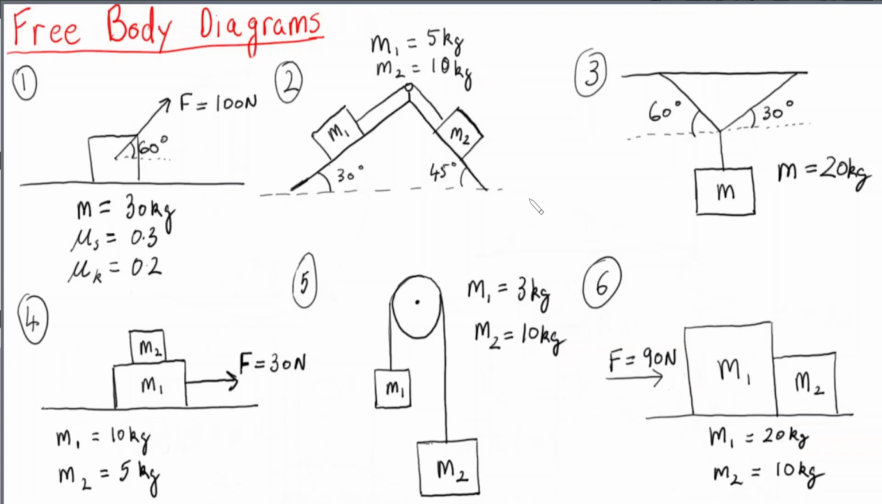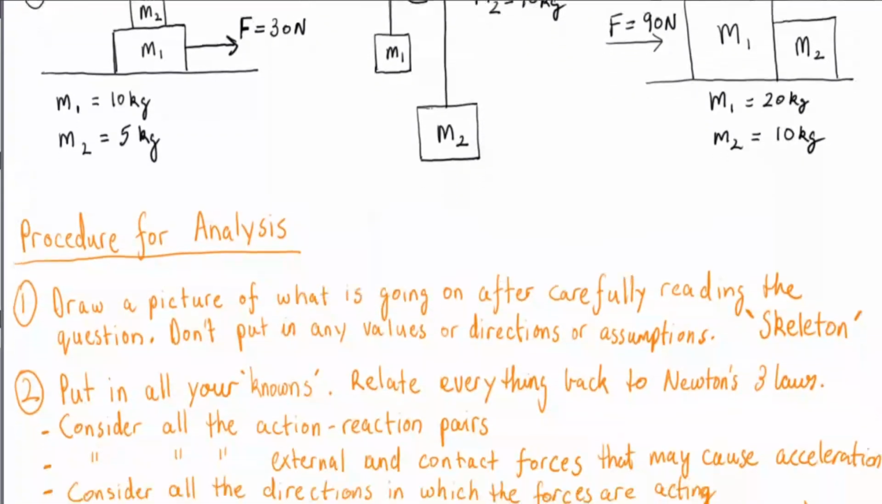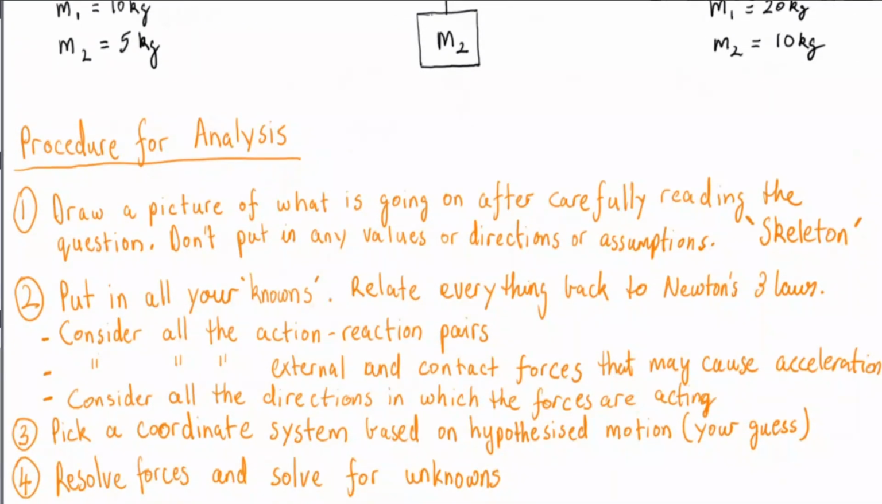Before we get into it, however, I wanted to give you a bit of a framework of how to tackle these problems. So let's get into that first. The first thing I want you to do when solving these types of problems is to read the question 2 or 3 times and draw just a picture of what's going on. Don't worry about putting any values in or any directions or forces. Just put down a rough skeleton. That can literally just be a sketch of a box on a slope,